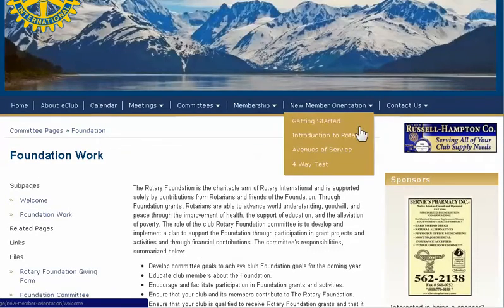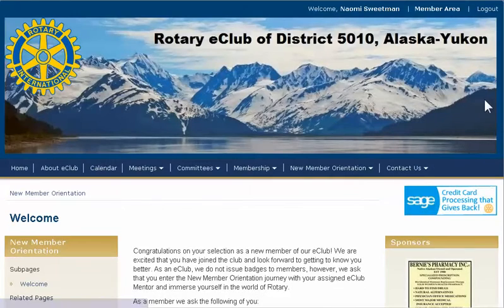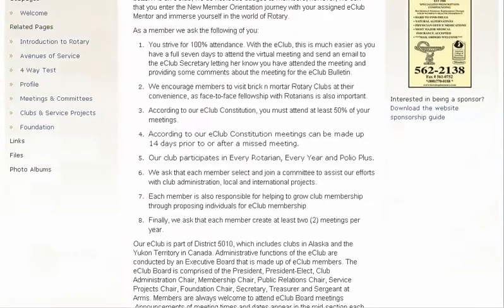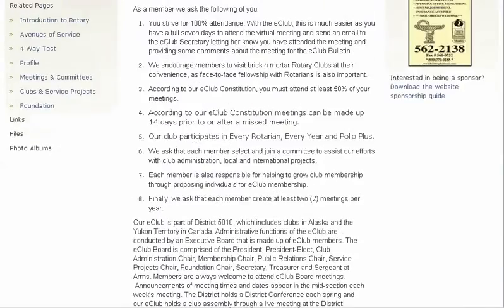The final section of the website is really the new member orientation. We're building this for new members. It's in the building stages right now. If you have feedback or comments, I would love to hear them. I have a couple of members testing it and taking it for a test drive to see how well it works. We can actually assign tasks to new members and require that they give us dates when they've completed them,